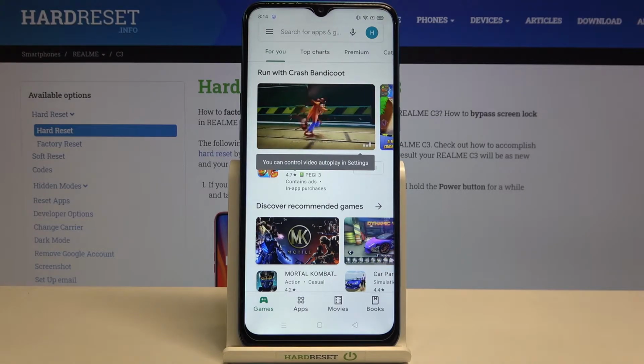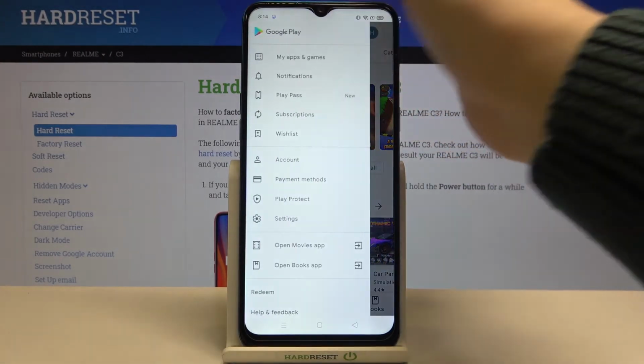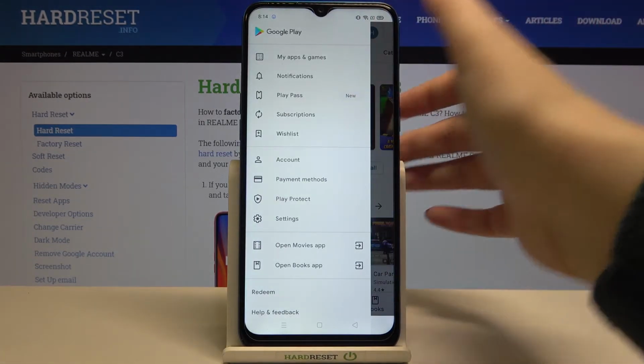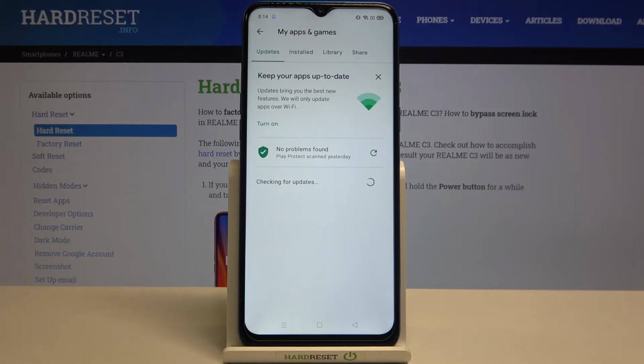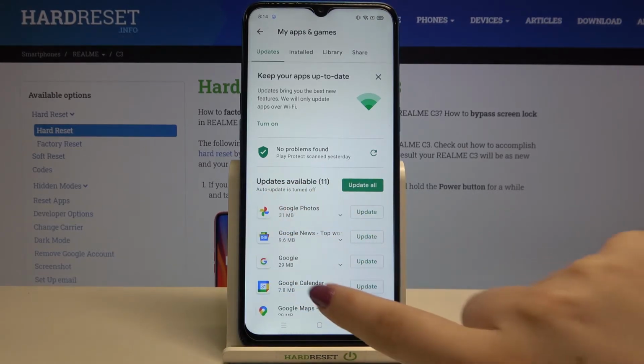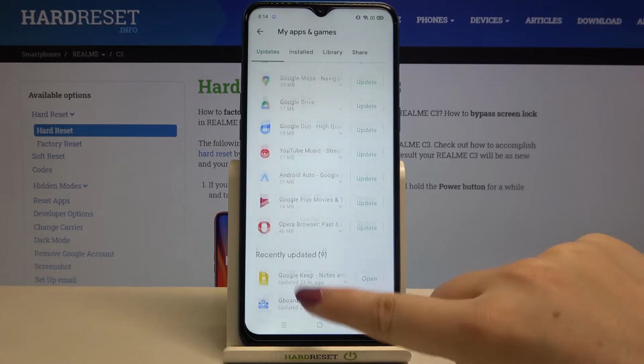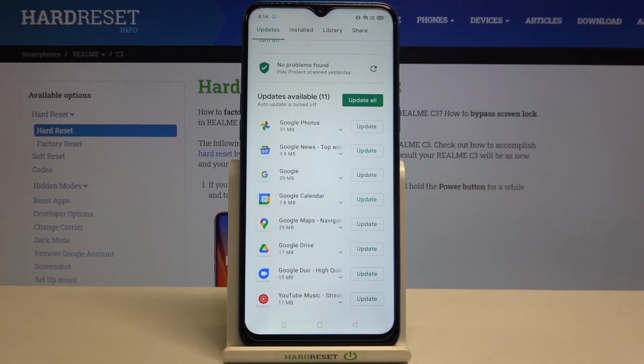So here we can tap on this 3 bars icon in the left upper corner and here let's tap on My Apps and Games. And as you can see, your device is checking for updates, and here we've got the full list of apps which can be updated. And obviously you can update all of them just by tapping on this green button, but